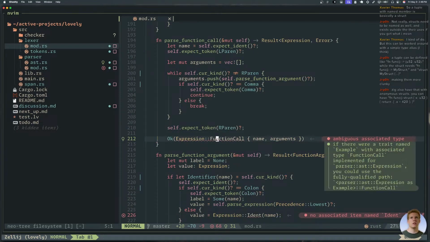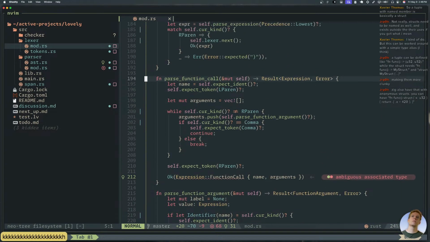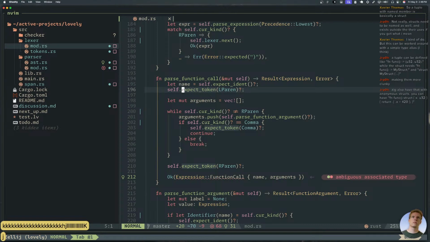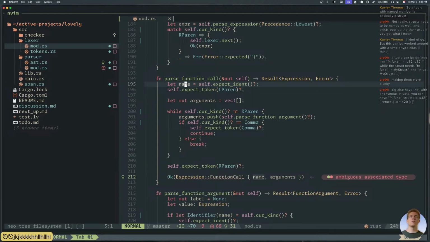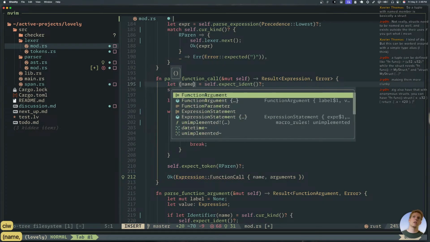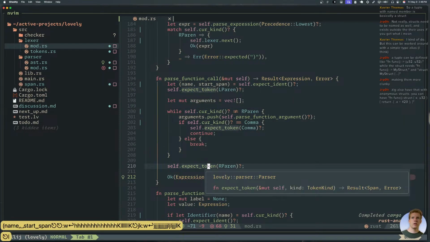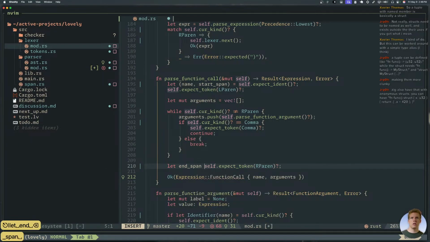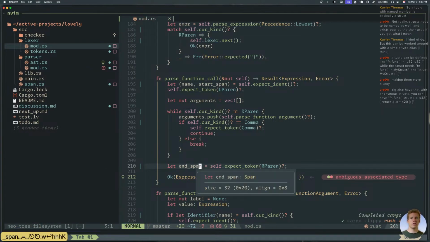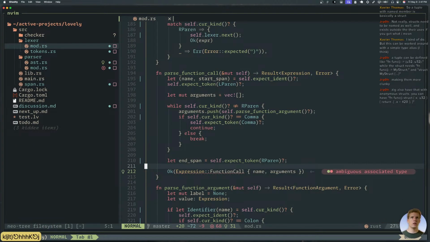All right, parse function call. Function call. So now we have the name and then the start. Toke. So the final character of a function expression is the closing right paren. Wait, not the right paren. Oh, this is the function call. Yeah, that's right. And then the start is the name, right?